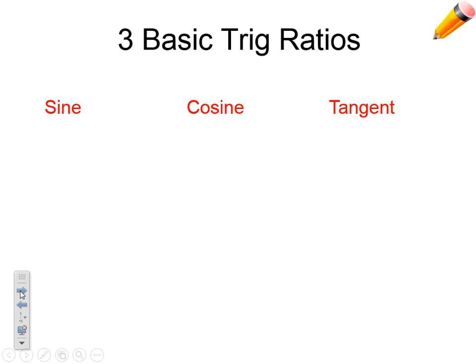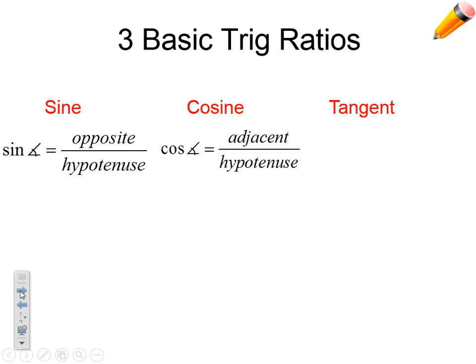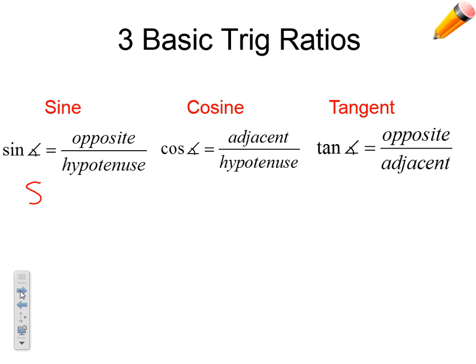All right, this is the first thing that I need you guys to have written down, please. We're going to talk about the three basic trig ratios: sine, cosine, and tangent. Now, sine is the opposite over hypotenuse. Cosine is adjacent over hypotenuse, and tangent is opposite over adjacent. So when I write this in general, I'm going to write sine of an angle equals O over H to shorten that up. For cosine, it'll be cosine of an angle equals A over H, and tangent of an angle